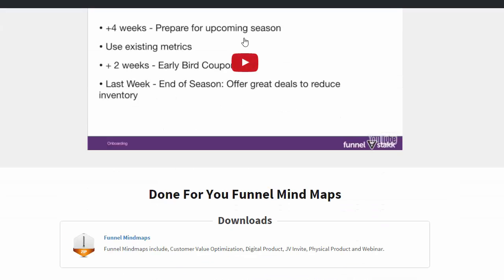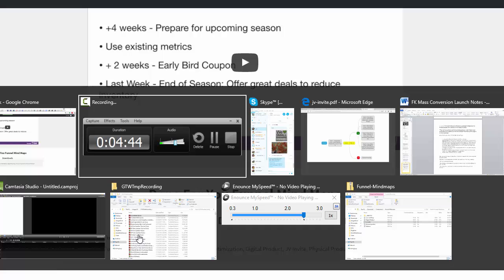For this lot, you get, again, funnel mind maps, except they look a little bit different from the previous one. Do you remember the previous one has all those fancy boxes? This is because it's sequences. It's more like of the if-then nature. So I'll show you one example, which